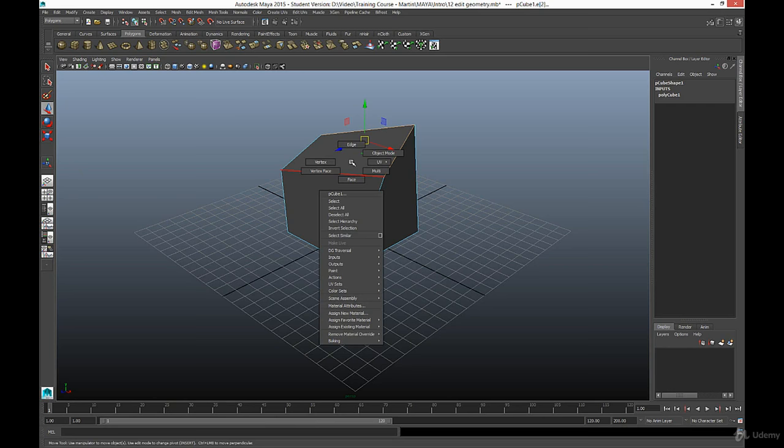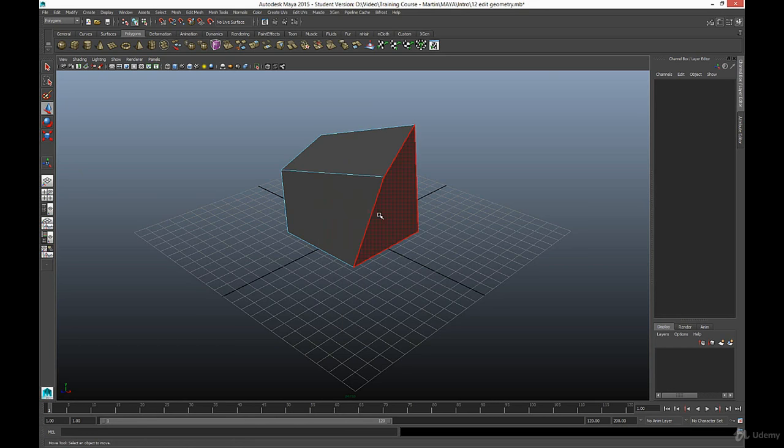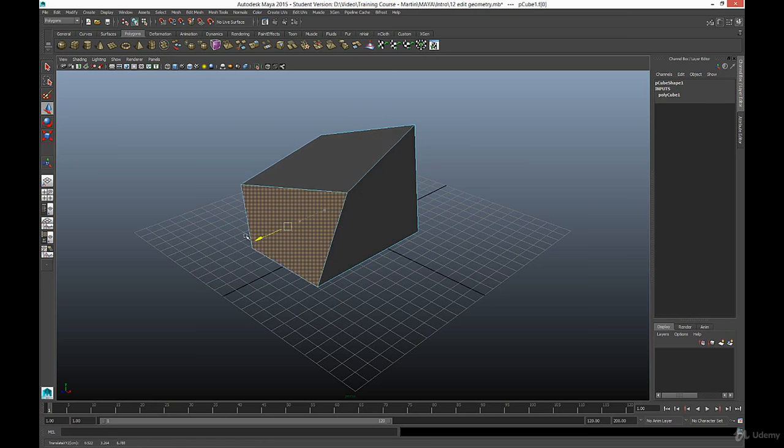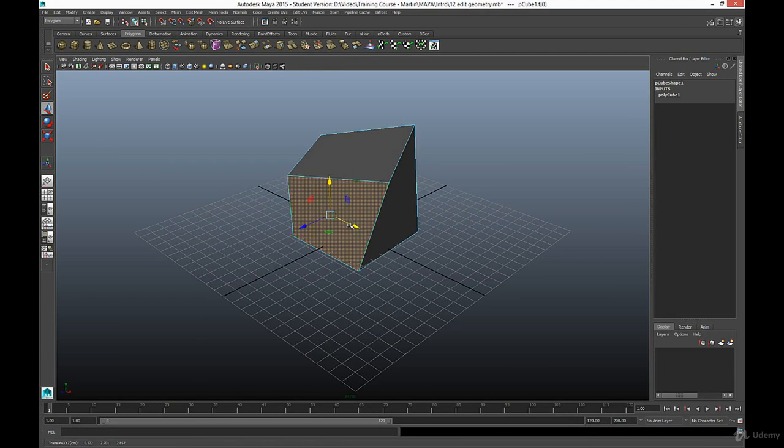Alright, we're going to look at our last one. We'll right click and hold, and we'll hover over face, and now we're in our face mode. As we hover on top, it highlights the faces that are available to us on the object. We can left click to make a selection of that face, and then we can maneuver it just as before. We have that control for our move, for our rotate, and for our scaling. And this is our basic control for the vertex, for the edge, and for the face, using our move, our rotate, and our scaling. Next up, we're going to start looking at the other tools available to us, which are